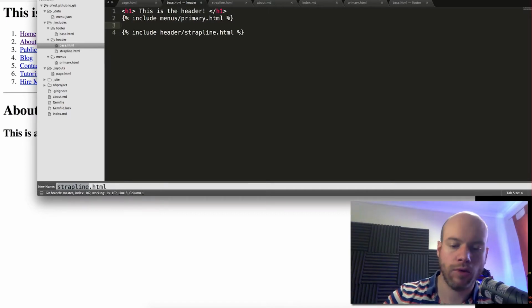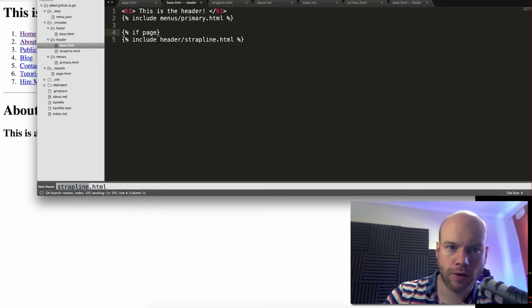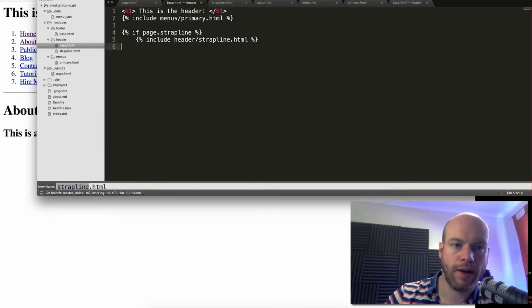And the way we would do this is using this Liquid formatting. So we do percentage if page.strapline. So if that is true, then we close that off, and then, like with the for eaches, we do end if. Whoops, all one word,